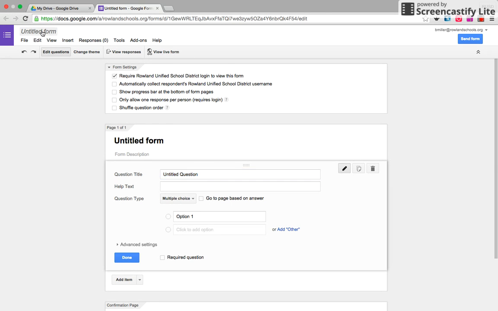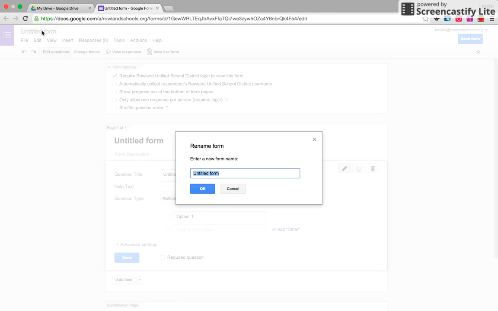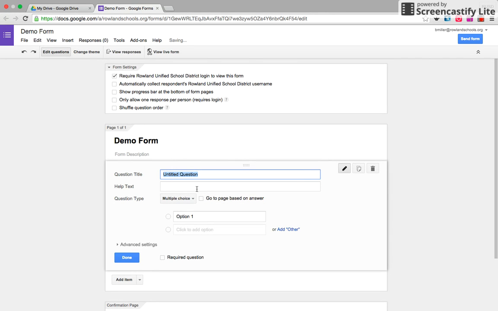The first thing you always want to do is name your form. So I'll just name this demo form. And there are some different options up here. So these are your form settings. This first one says require Roland Unified School District login to view this form. This means that students, teachers, staff, whoever's accessing this form has to log in with their @rolandschools.org account in order